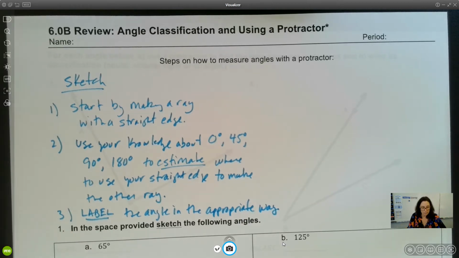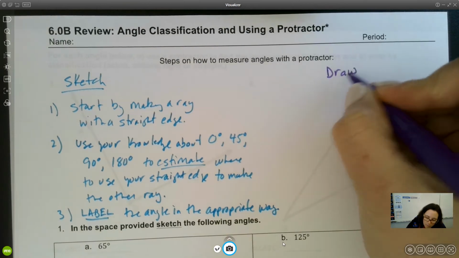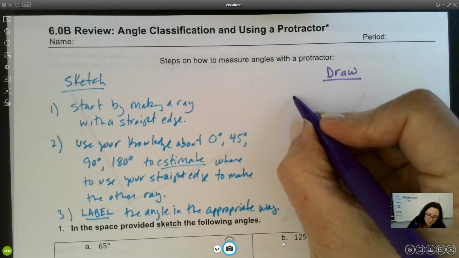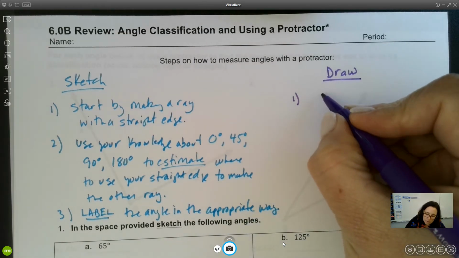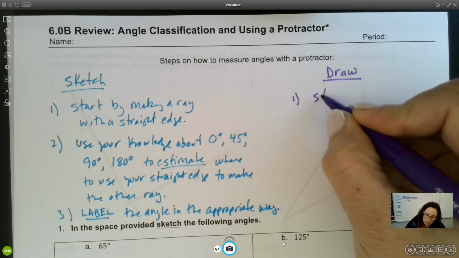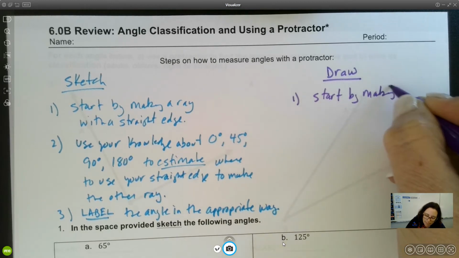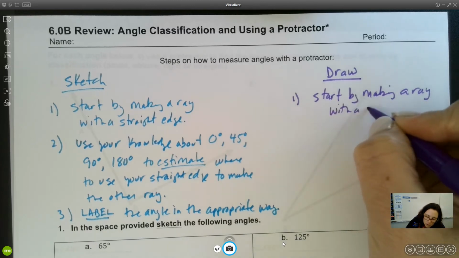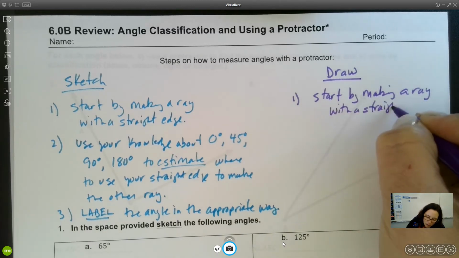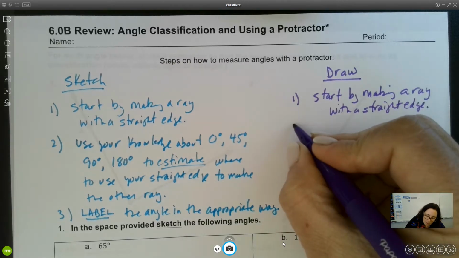because in number 2, we're going to be demonstrating how to draw. Draw: you're going to start, same thing as number 1 over here, by making a ray with a straight edge. Number 2,